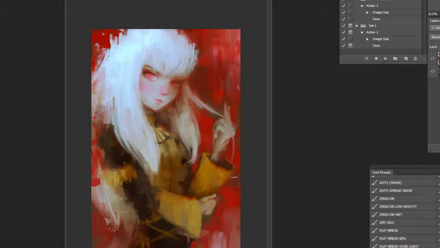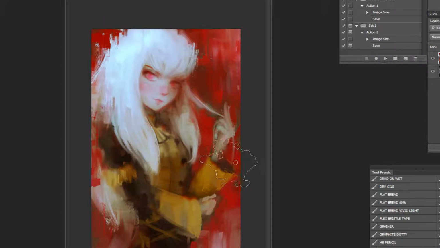I am going to have to fix her sleeves. I'm not liking these sleeves. If she's raising her hand like this, that means it'll be something like that, and then something like this instead. Yeah. It needs to be more dynamic. That's not working. This is too...